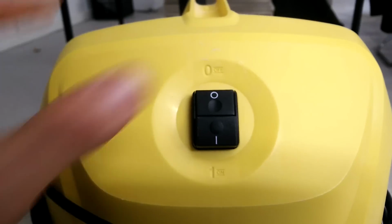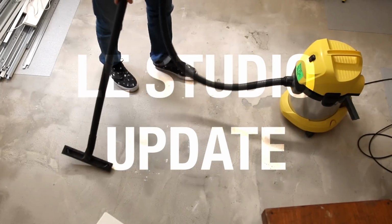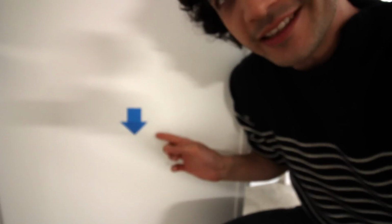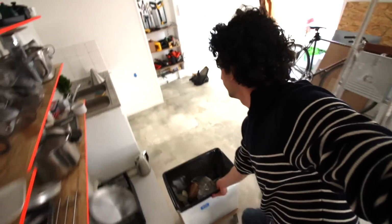Okay guys, so what's new in the studio? So you already know the sink and washing space, but what you don't know is this. Look. What is it for, Alex? Just wait a moment. Ta-da! I've made a rolling trash can. And it goes...